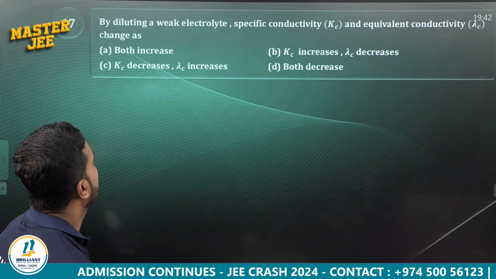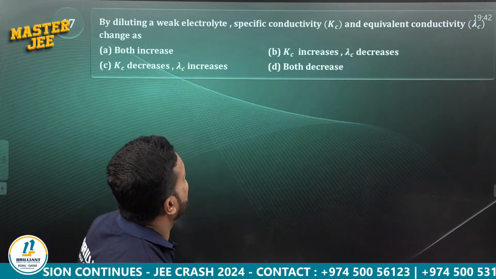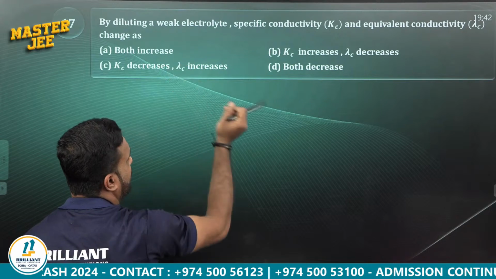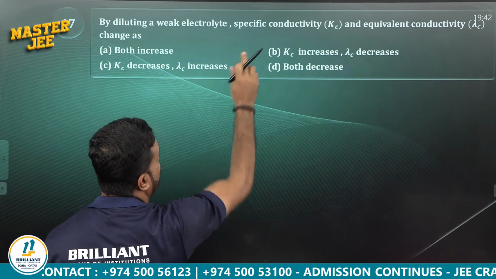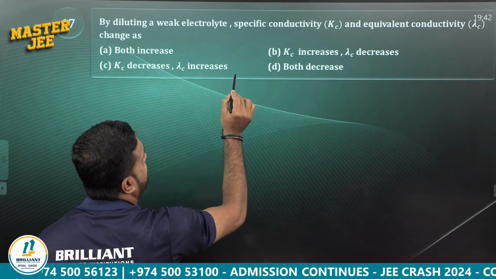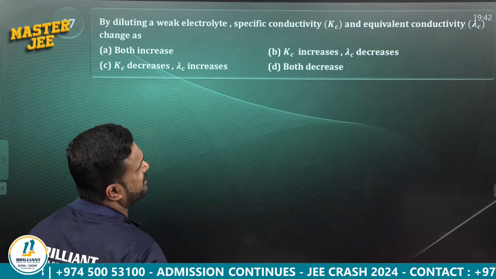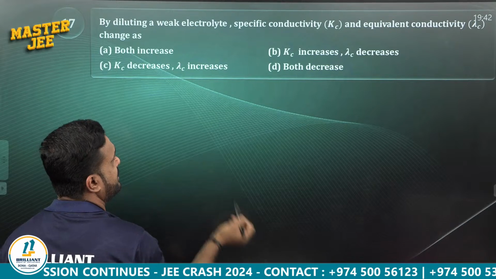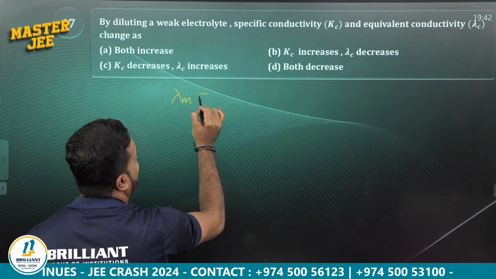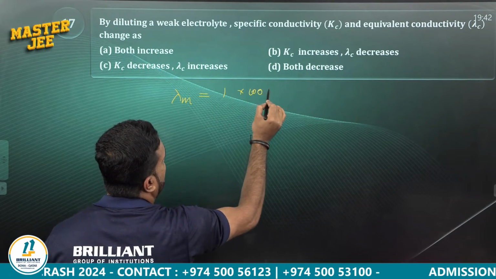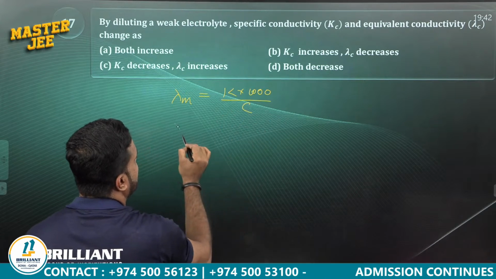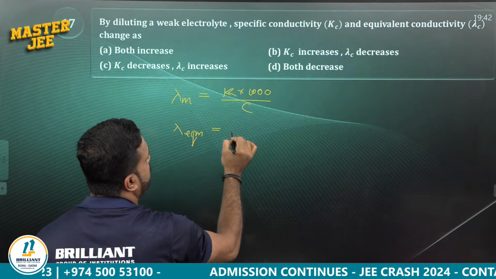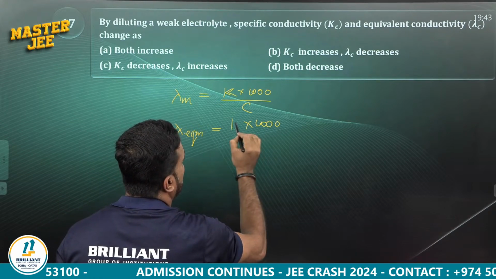Question number 17. By diluting a weak electrolyte, specific conductivity, see again the logic that we used for the last to last question. Specific conductivity means conductivity, and equivalent conductivity. You know what is molar conductance and equivalent conductance? For molar conductance, we have an equation, lambda m is equal to K into 1000 divided by C. At the same time, equivalent conductance is equal to K into 1000 divided by